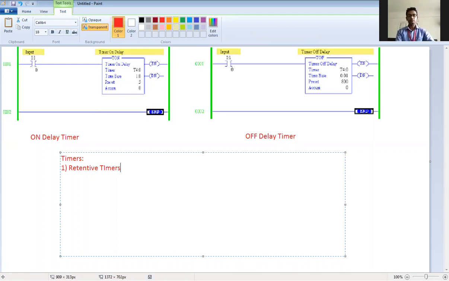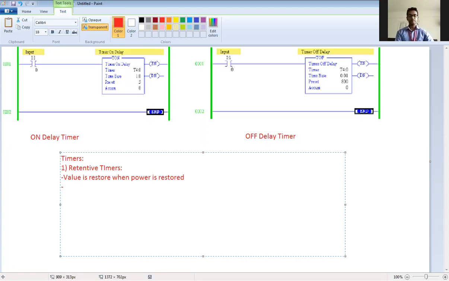Retentive timers. Okay, first one is retentive timer. The specialty of retentive timers is that their value is restored when power is restored.